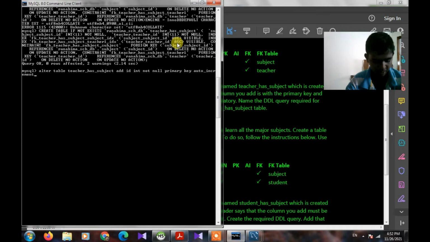Now we put the semicolon at the end and execute this. You can see the query is okay, meaning we have done it correctly.